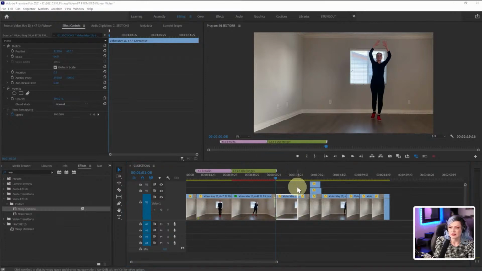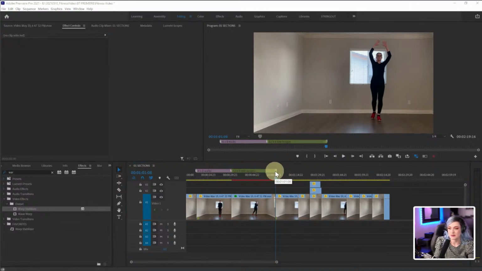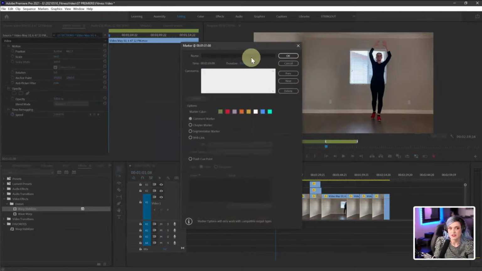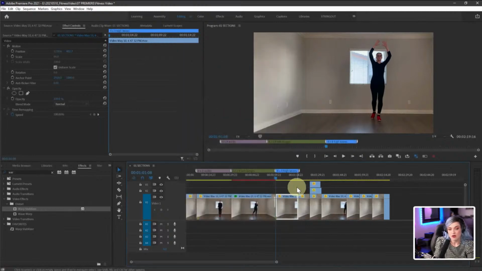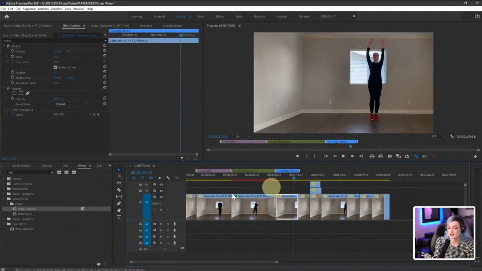So the way to get around that, 2 ways. You can either click out of the clip and then press M, and that adds a marker to your timeline, which you can then drag out and do all that fun stuff with. So this would be 4 times 8 high knees. Or you can disable the function to select the top clip always by going to sequence, selection follows playhead,